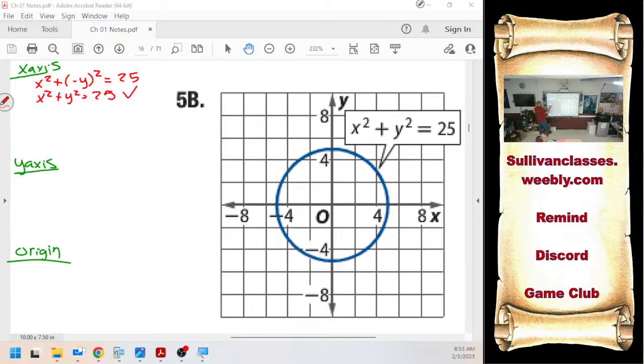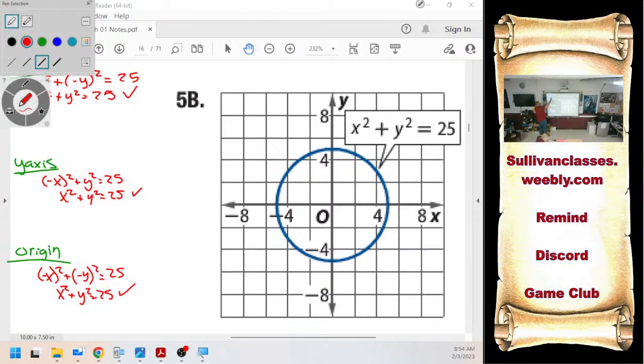If I'm doing the y-axis, I would have to do negative x squared plus y squared is 25. Yay, it still works. If I was doing origin, I would negate both. Negative x, negative y. Yay, it works. Now, if you don't know those magic numbers, 3, 4, 5,